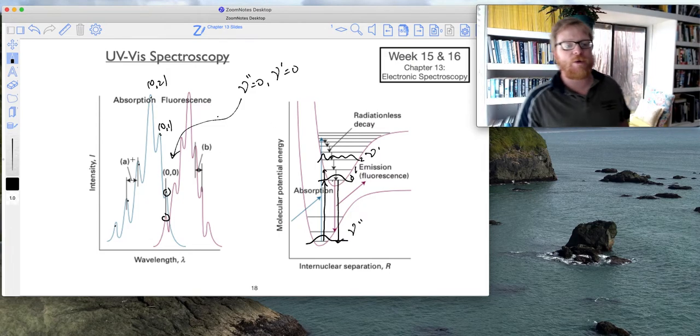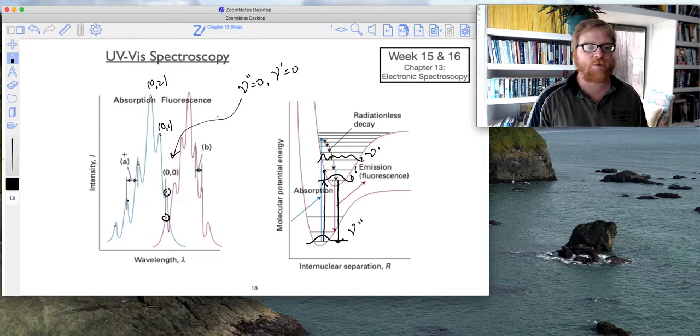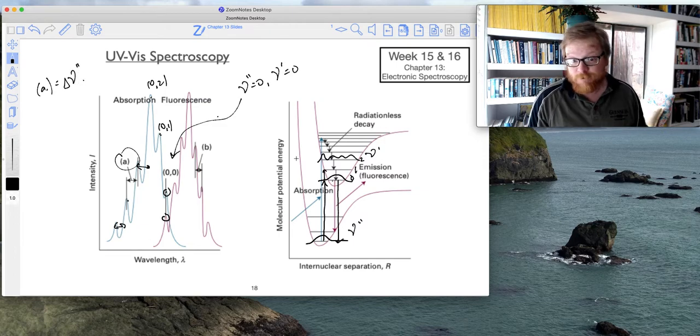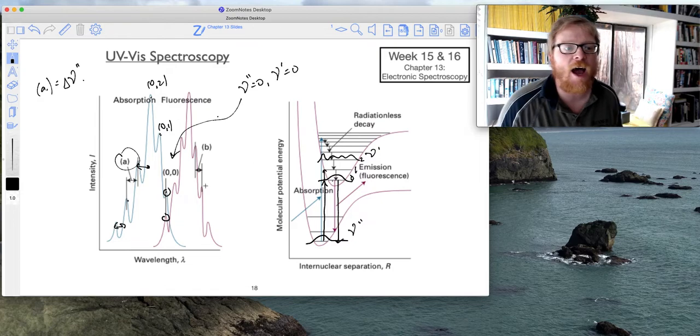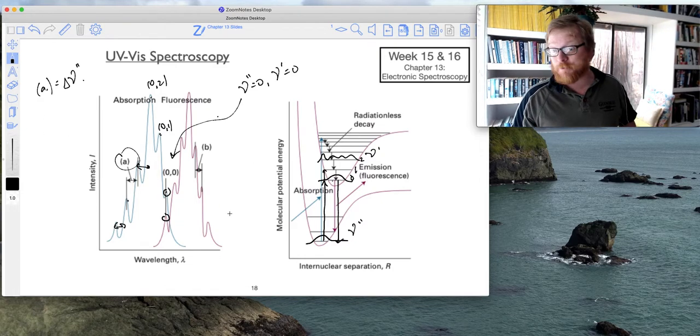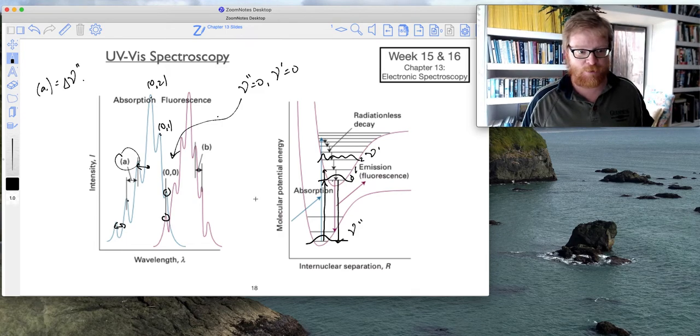And so now what you can see on this diagram, it's pointing out this A right here, which is pointing out the spacing between each one of these vibrational levels. Well, as it turns out, on the absorption profile, that distance A corresponds to, I'll say, delta nu for the excited state, right? Because as each one of those goes up, that difference that you're seeing is really the difference between excited state vibrational levels, okay?